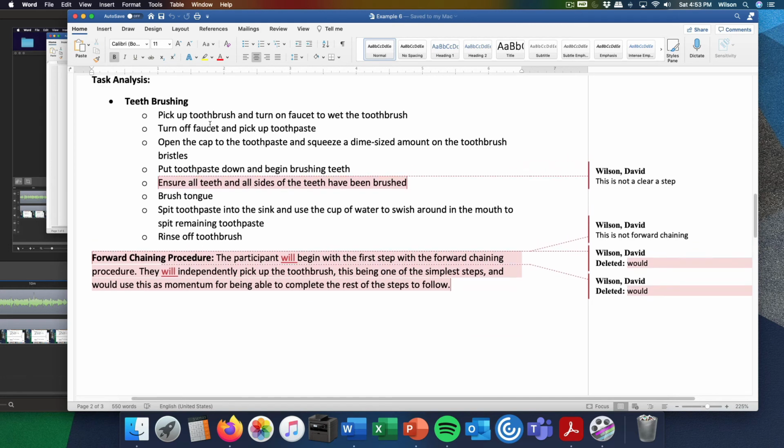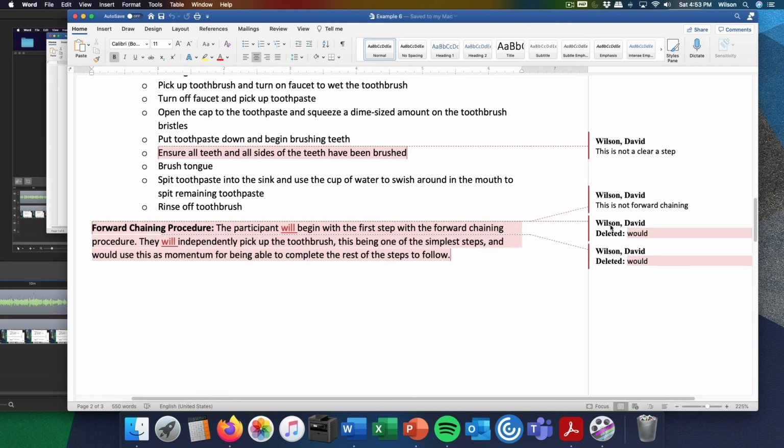Okay, so for the task analysis, the student has to ensure all teeth, all sides have been brushed. That's not really part of the task. I mean, you need to think of the task analysis kind of from the participant's view. Brush the top set of teeth or the left and then brush the right. So that was that. Then,